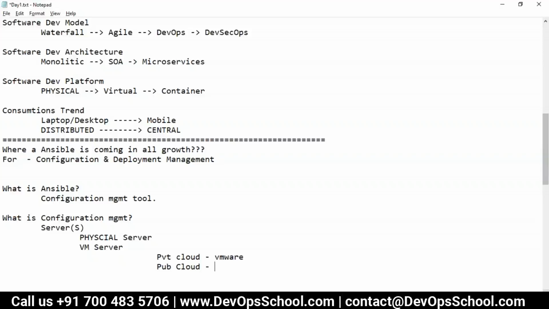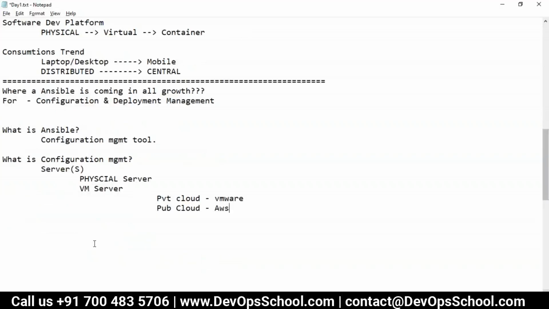When we say public cloud, maybe most of the time AWS, Azure, Google Cloud, and so on. So now the question is, okay, you are talking about Ansible being a configuration management tool, and when we talk about Ansible and configuration management, we are talking about servers configuration management. But the next question is,